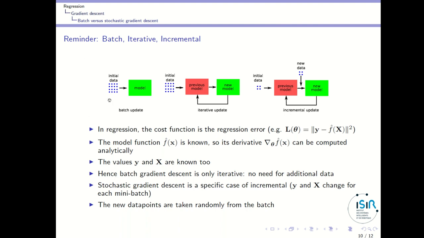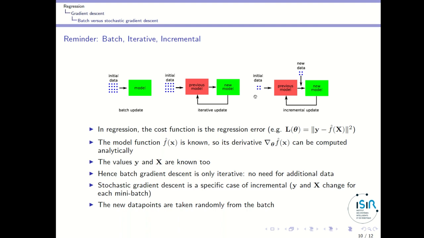So in the batch regression, I take all my data at the beginning and I perform this batch update doing a single calculation. That's the analytical case that I presented in the previous classes, and then I get my model. In iterative updates, I take the same data, but I start with some model parameterized with some theta, and then each time I perform an iteration, I change my theta so as to get a new model that is better than the previous one. So batch gradient descent is an iterative process in the sense that you iterate on a model to get an error which is smaller and smaller.